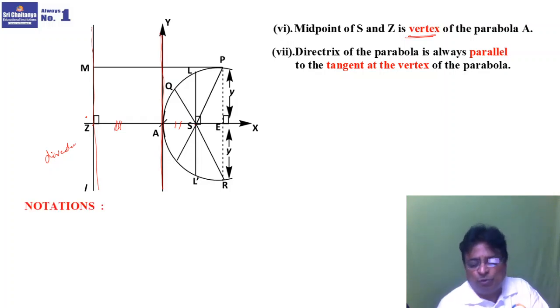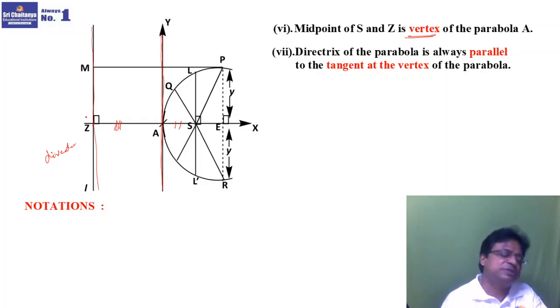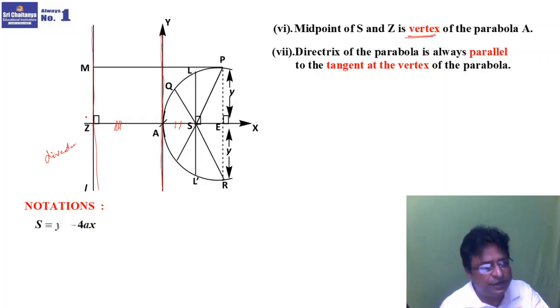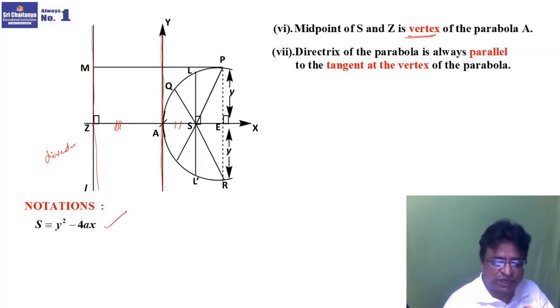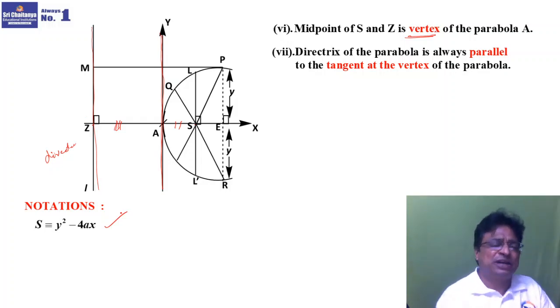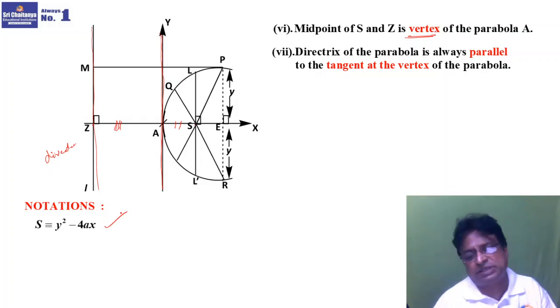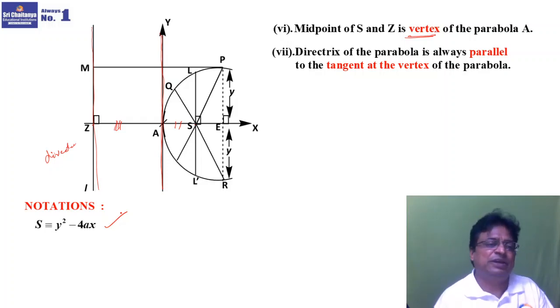So we understand what is vertex, what is latus rectum, what is focal chord, what is focal distance, what is focal radius, and what is tangent at the vertex, etc. These points we have learned with the help of this simple diagram. And coming to the standard notations, S represents what? Parabola. So instead of writing always, for proving derivations or some other problems, it is not necessary to write y square is equal to 4ax or y equal to lx square plus mx plus n. Better use these standard notations.